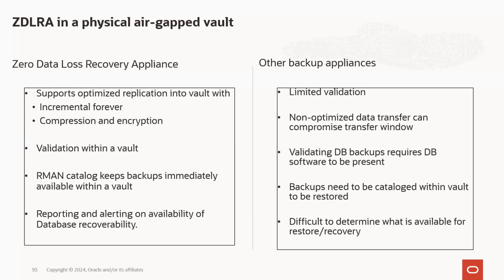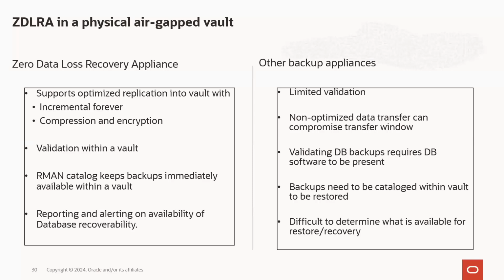The other thing I kind of brushed on is the RMAN catalog sits within the recovery appliance. So that means that the copy that is in the Vault, because it's on a recovery appliance, also has an RMAN catalog. So if you do need to restore and recover a copy back to your clean room within the vault, you don't have to tell the database where the backup pieces are. You don't have to catalog them or do anything to them. You just connect to the RMAN catalog that's in the vault, and you're able to immediately restore and recover using